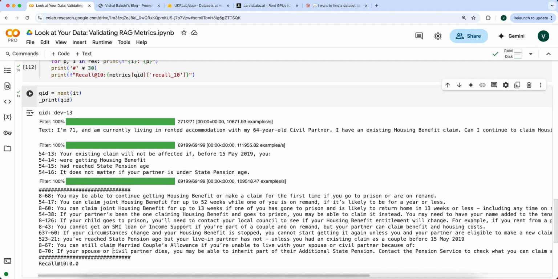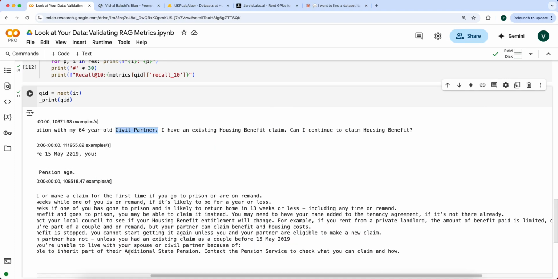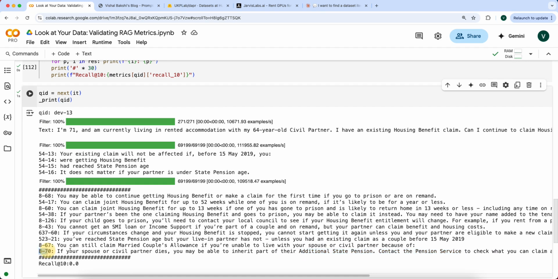You know, the last one has civil partner, which is a match for this concept, but now it's talking about additional state pension, contact the pension service. So you can kind of see why this was the last ranked passage. So again, just another way to get another sanity check in there while you're looking at your retrieval,